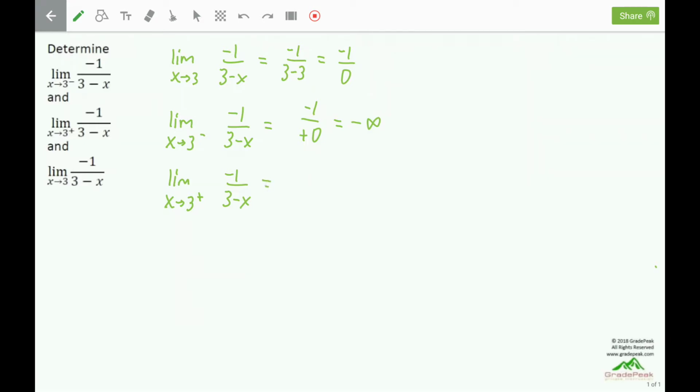Now let's look at the right-sided limit. The right side of 3 on the number line is more positive than 3, like 3.01. If you plug that in for x, 3 minus something more positive than 3, like 3.01, will be a negative